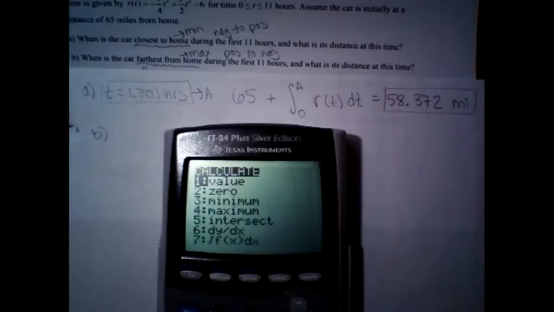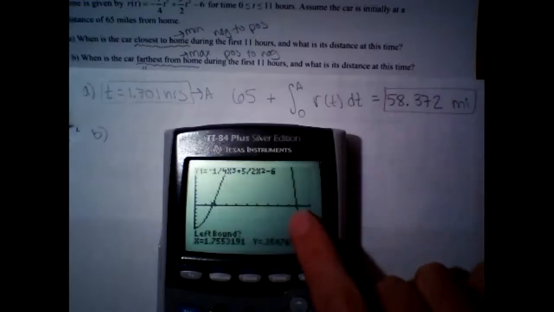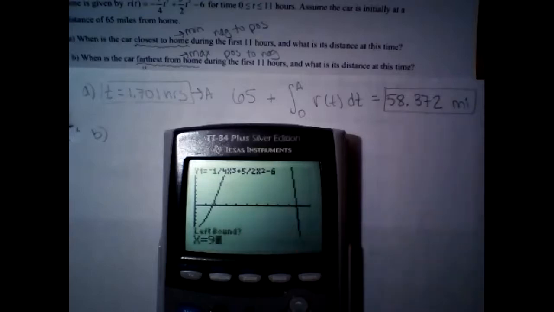So second trace, we want to find a zero. It looks like it's really, really close to 10. So I'm going to make my left bound 9 enter, my right bound 11 enter, and my guess 10 enter. You can also do that by using the arrows and moving the cursor around. I just find it easier to manually type it. That's how I do it. So it's close to 10,